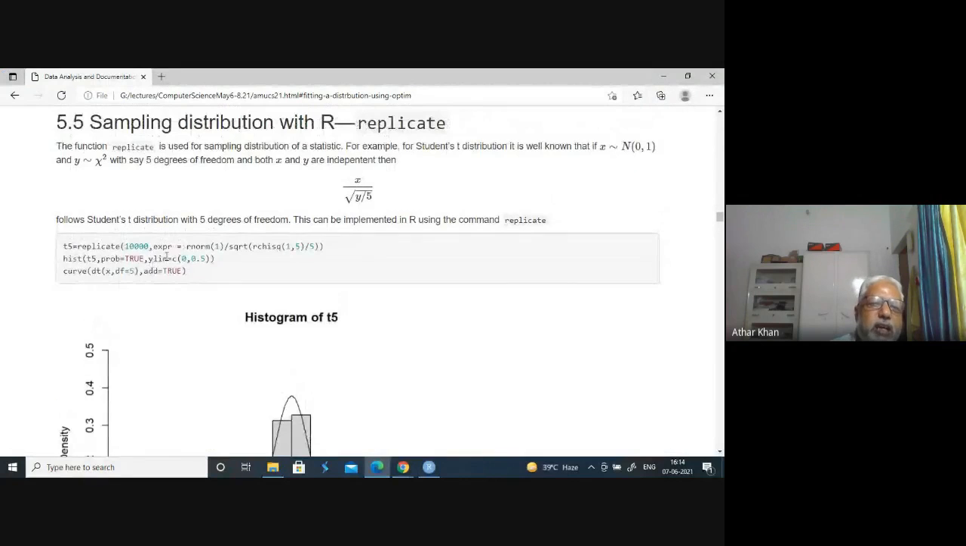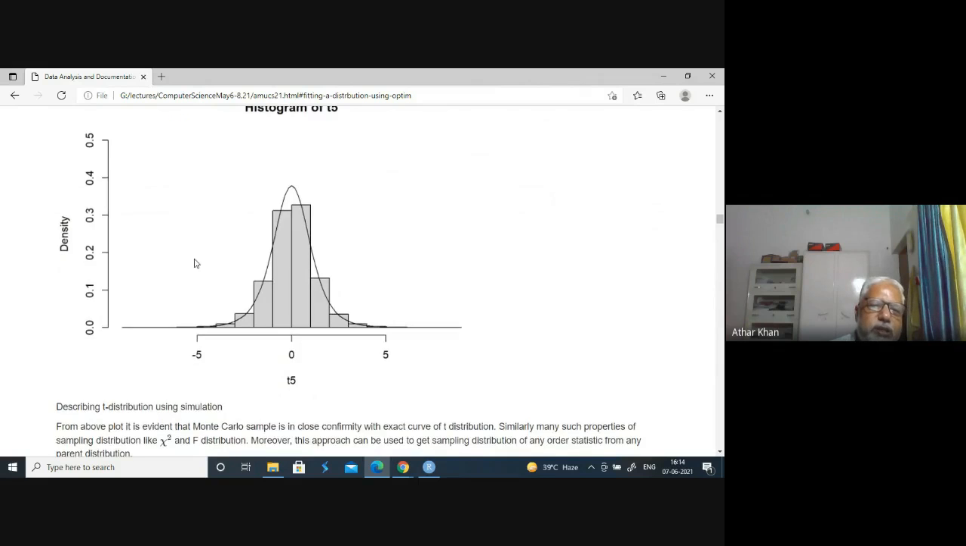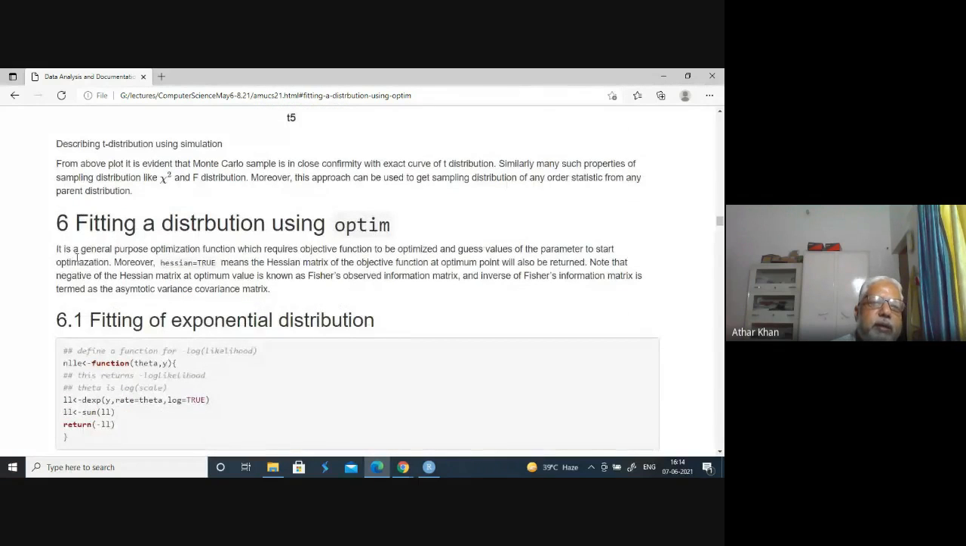Replicate, we can use this simulation tool for any sampling distribution. Next, fitting a distribution using optim. Virtually we are going to fit. Fitting means estimating the parameters of the model, and we can fit any model. Model is the mathematical construct which we want to fit. And frequency distributions here,